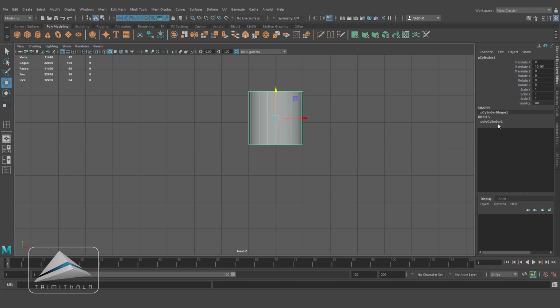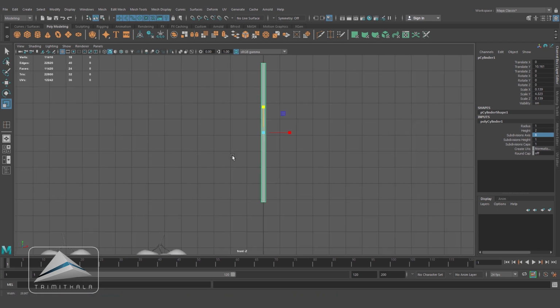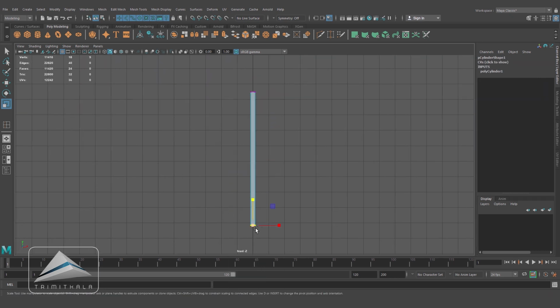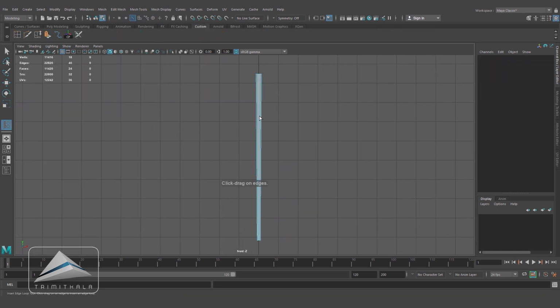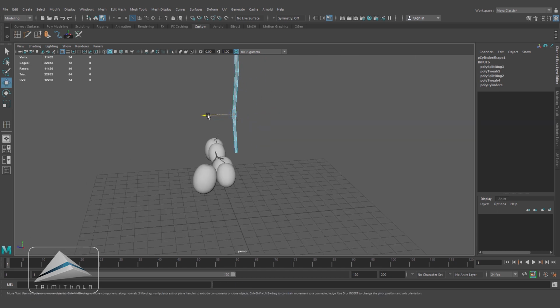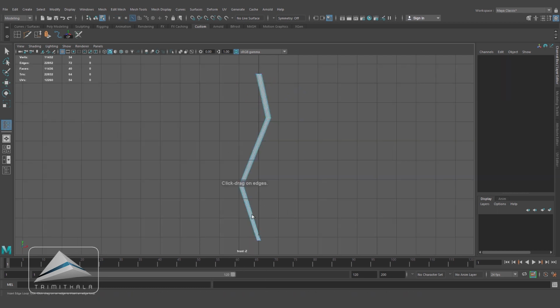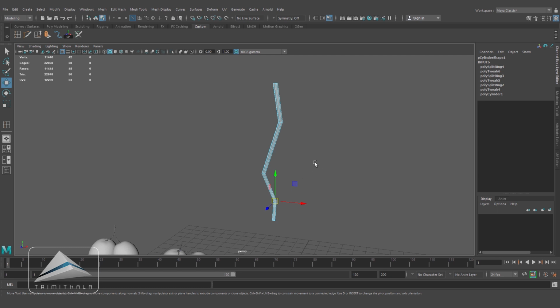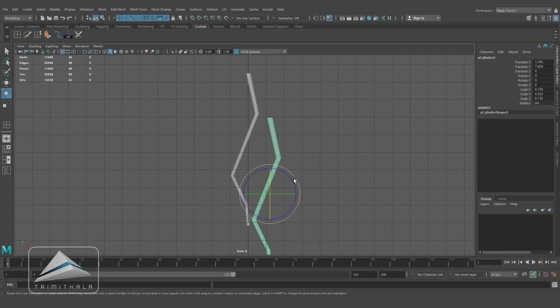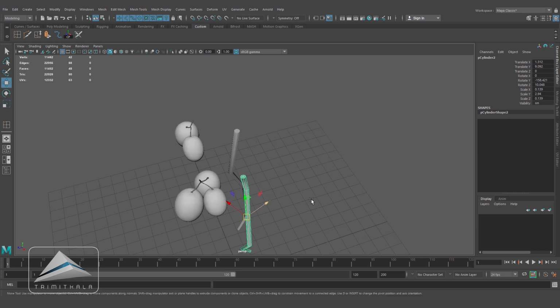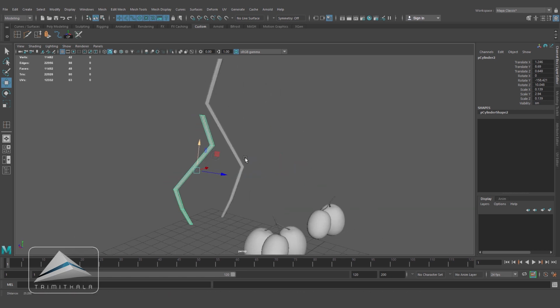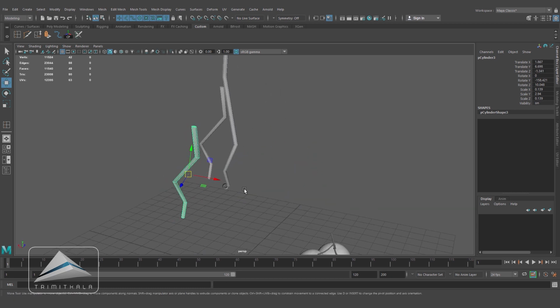Going to the inputs, making the subdivision 8, scale it down and scaling it up in the y-axis. And basically I'm going to create another long stem. So we'll insert a couple of edge loops and we'll modify the shape a little bit. Now by duplicating it, I will create some more branches, and I'm going to use the same process. After duplicating, I will combine it and then I will just bridge it.